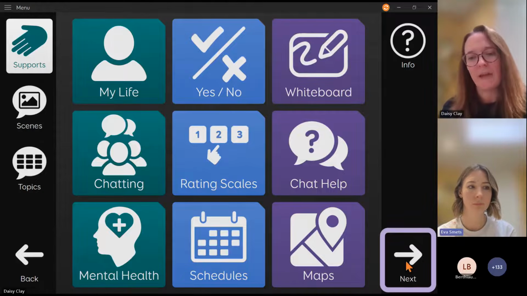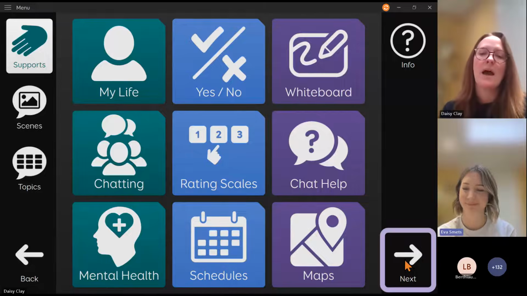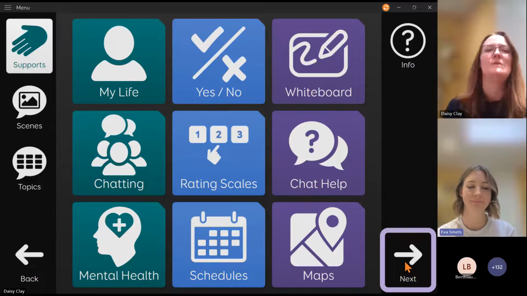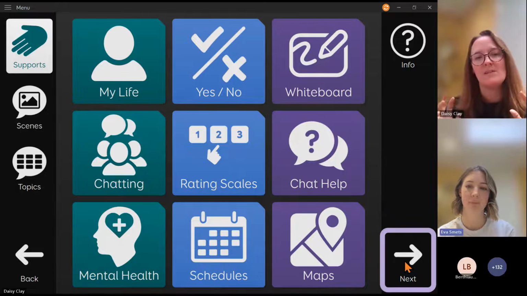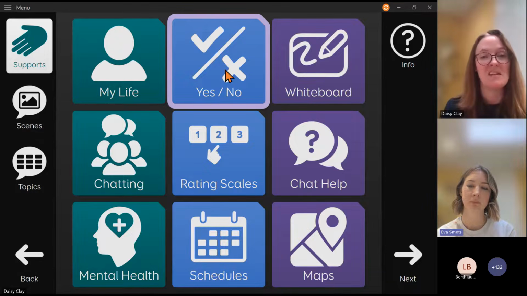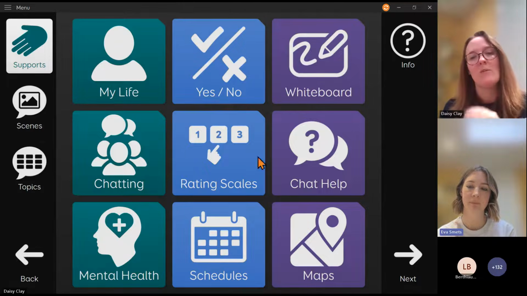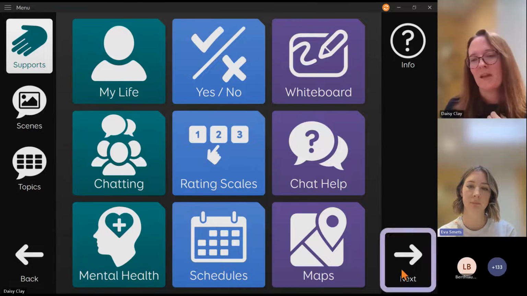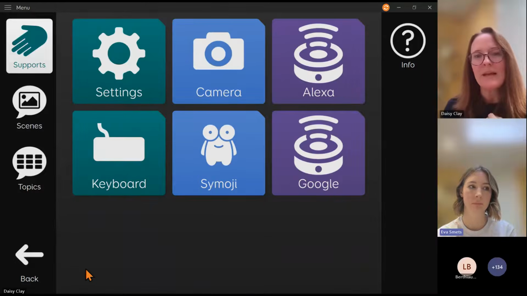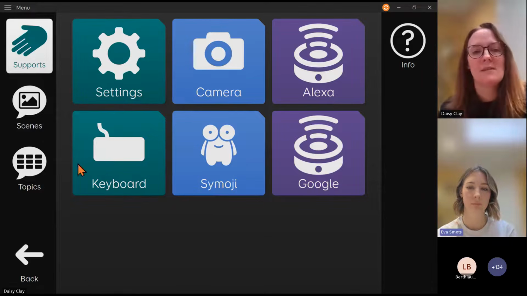And over onto the next page, and I will say that you might notice there is lots of supports, and it's not intended that every single person using this would use every single support. It's really just designed to be comprehensive so that you can choose the supports that are relevant. Maybe the person's got really clear yes, no, and it's really consistent, and you don't need that one, but it's there if you do. And similarly, you might start using one or two supports before building in others. So let's go on to that next page and just have a look through these last ones.